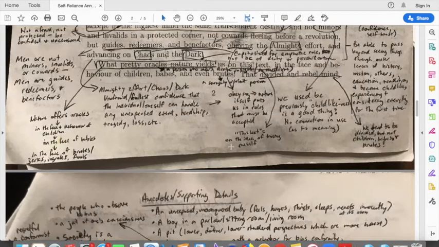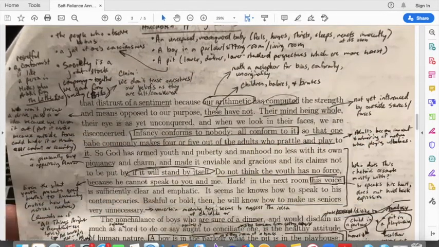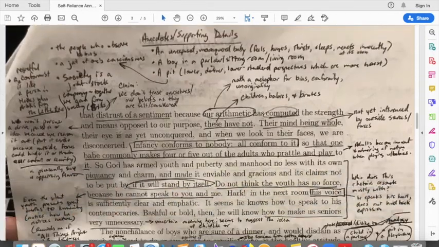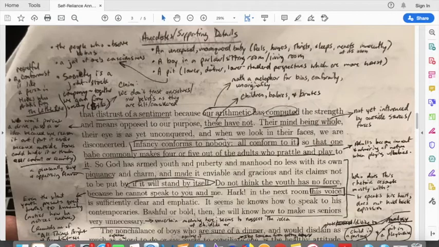But he's saying, even though we react to this and would possibly argue with Emerson, that's a good thing. At least these people aren't worried about the people around them judging them or holding them down or keeping them from being who they really are. That's an interesting thing to say, but it is him being somewhat consistent. It also may be that he's trying to be clever and witty and seem more deep in his thinking than he would have otherwise been if he had just said children and babes. So